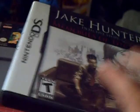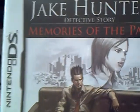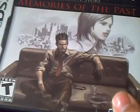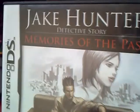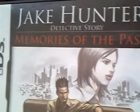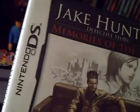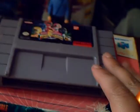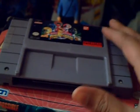It's definitely not for everyone because there's a lot of text in it, but I actually enjoy these graphic novel type games, so I'm really happy about that. And this game actually represents my 625th game for a Nintendo console. So yeah, really cool. Then in one of the breaks between the rain, I was able to go to a